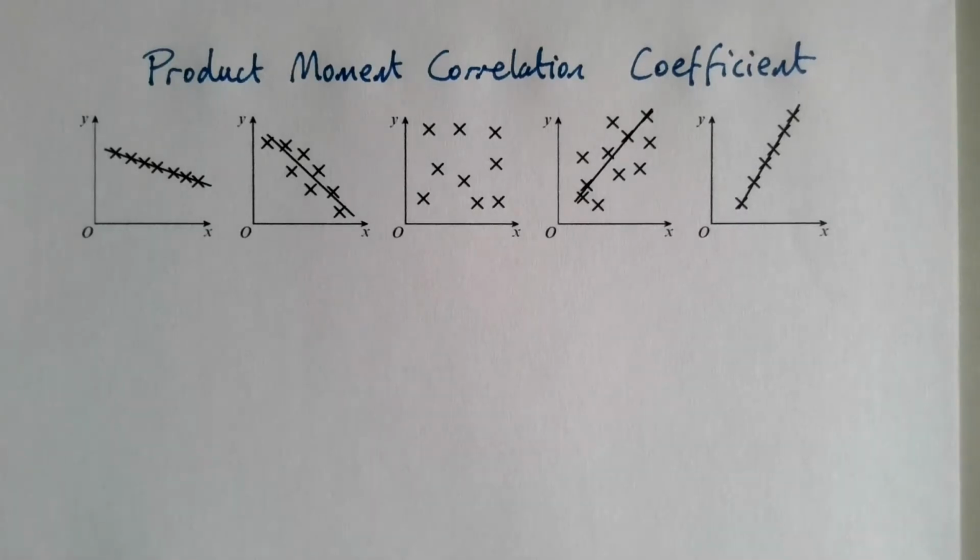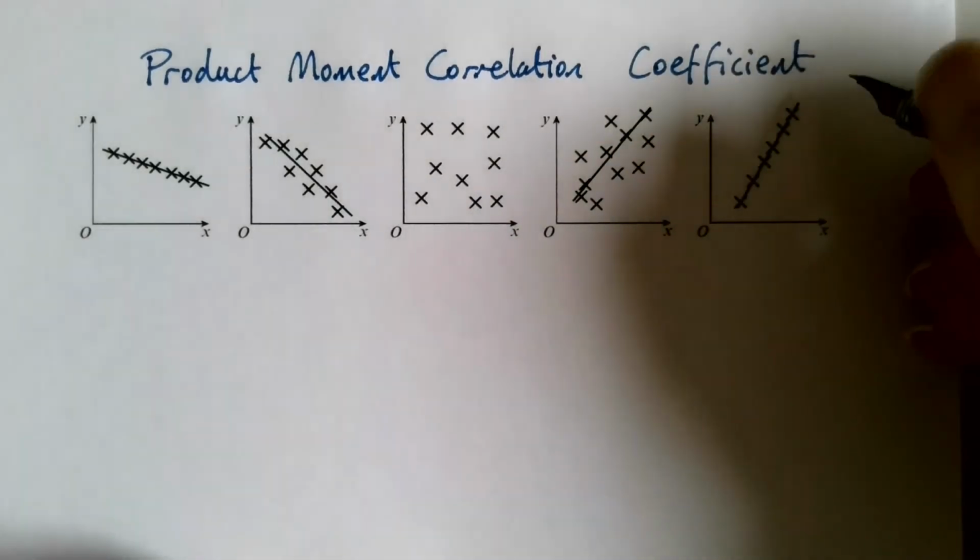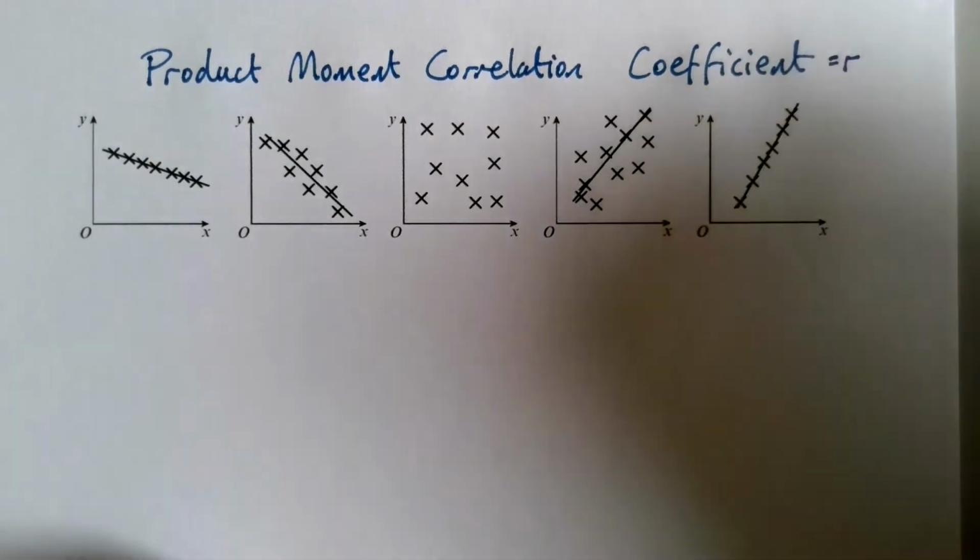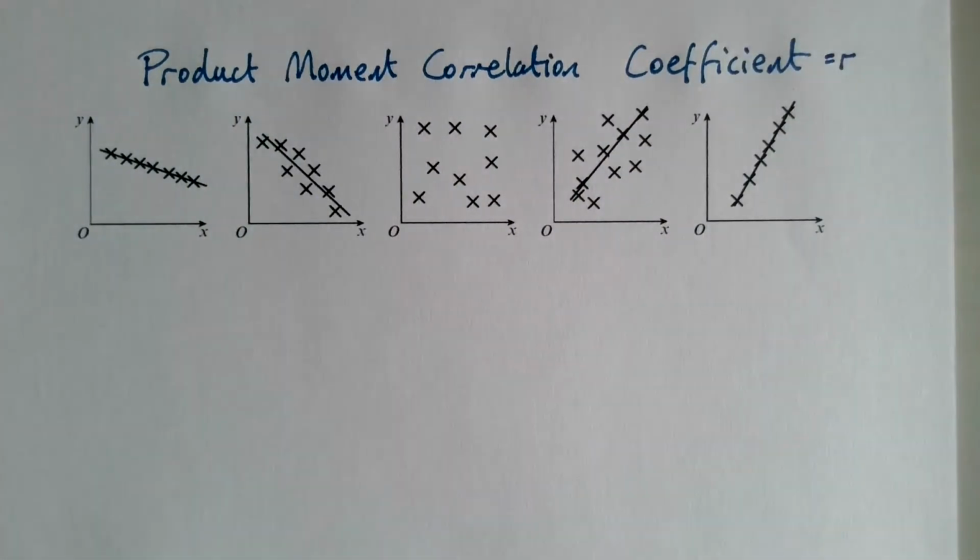Right, today we're looking at something called the product moment correlation coefficient, which is summed up by the letter R. And what's that all about? That's about saying how strongly you can predict something. So yesterday, or last week, whenever you did the last video, we were looking at